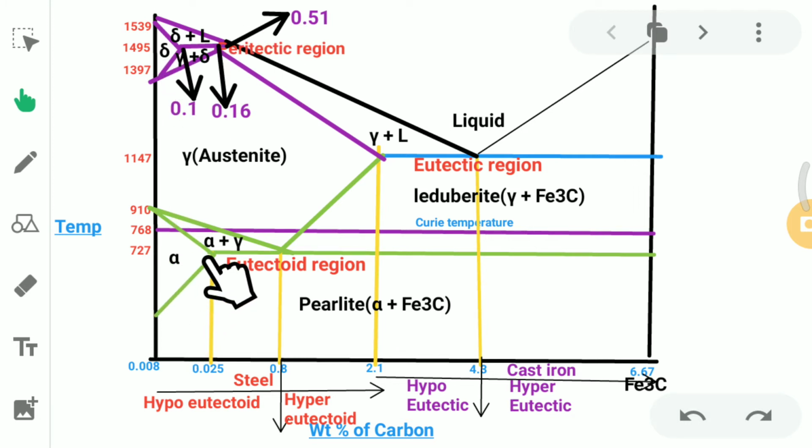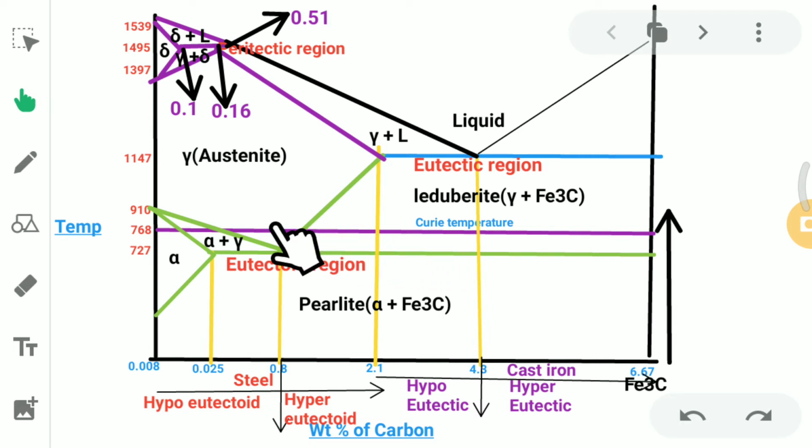Here in alpha ferrite, we have a maximum solubility at 727 degrees centigrade. Maximum solubility is 0.025, friends. It will not be more than this percentage. In the austenite phase, we have a maximum of 2.1 percentage of carbon dissolved in it, friends. This maximum limit occurs at 1147 degrees centigrade. These are the limits, friends. We can identify the maximum carbon that can be dissolved in that phase at that temperature easily with this iron carbide diagram.